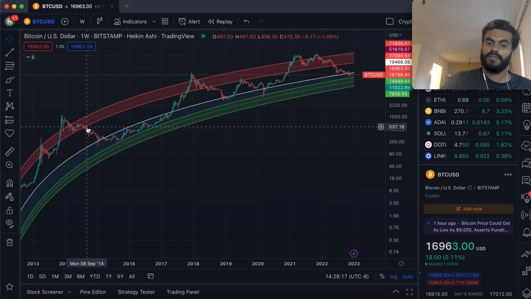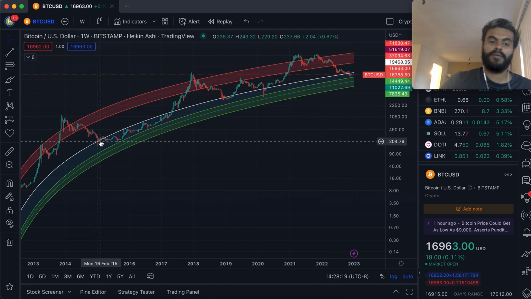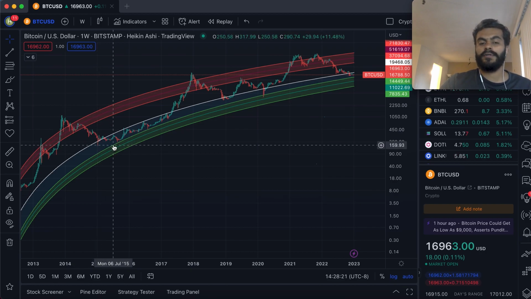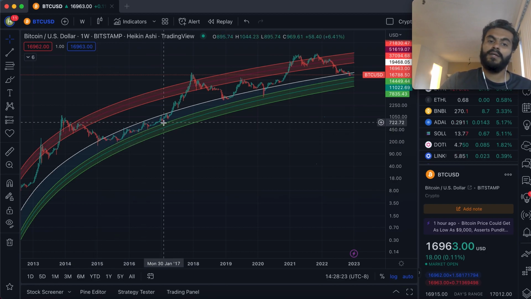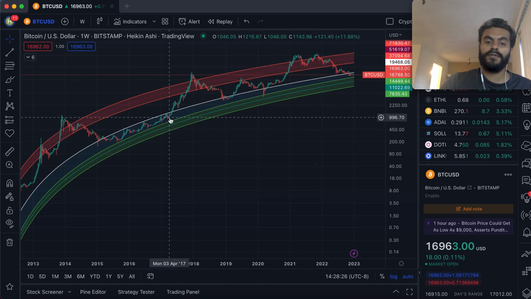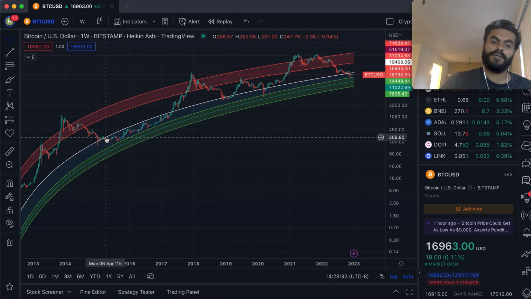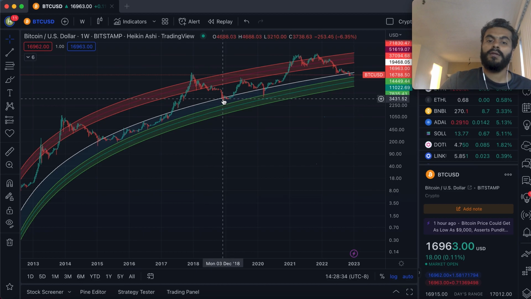Looking back at the historical data, it is either going to spend a considerable amount of time in this fair value or undervalued territory, as you can see from this cycle, or it may, as in the second cycle, barely spend